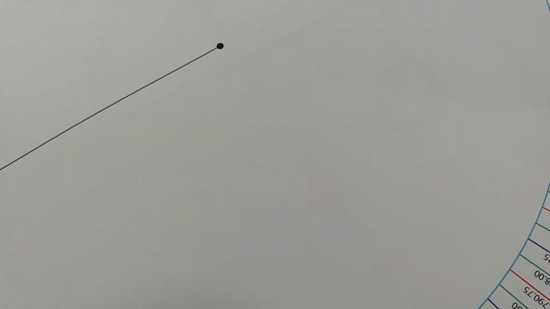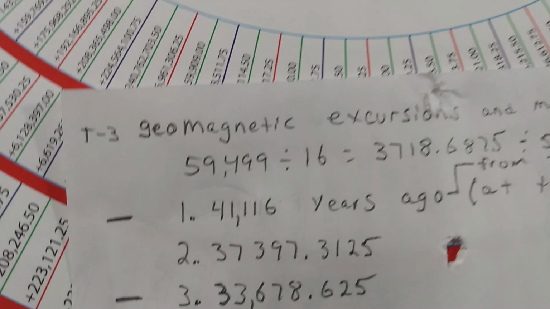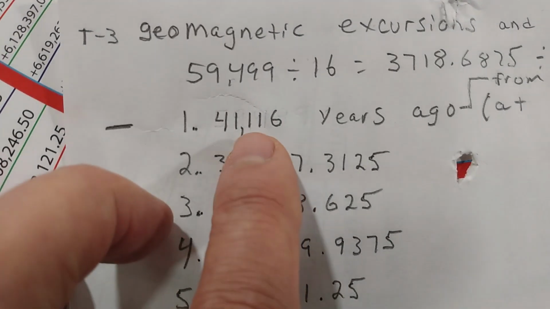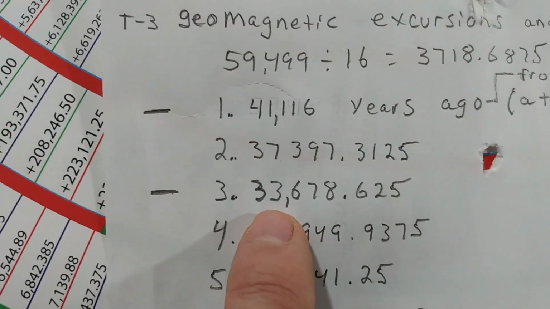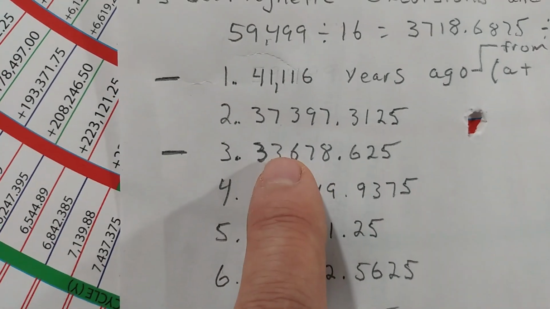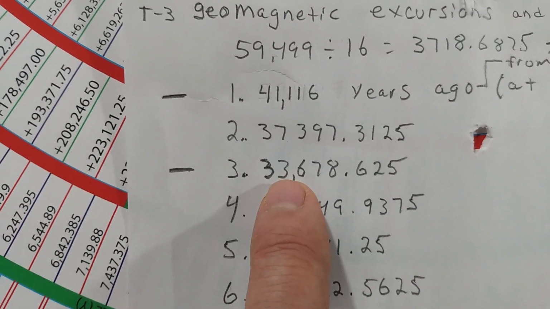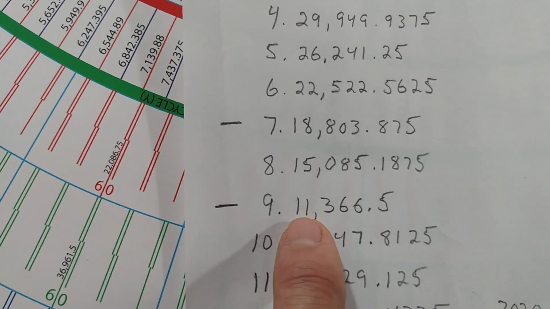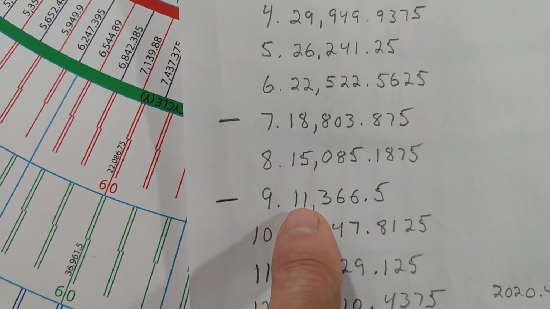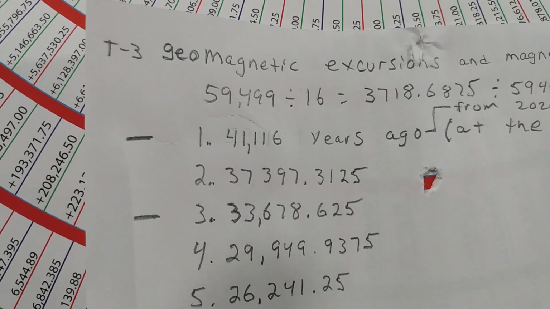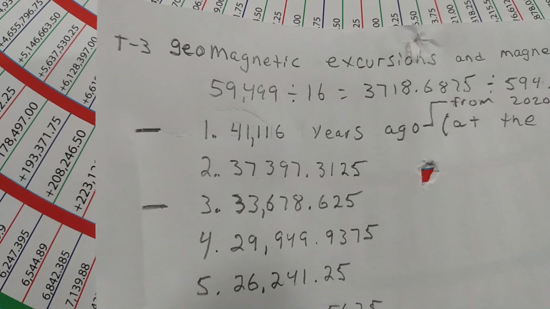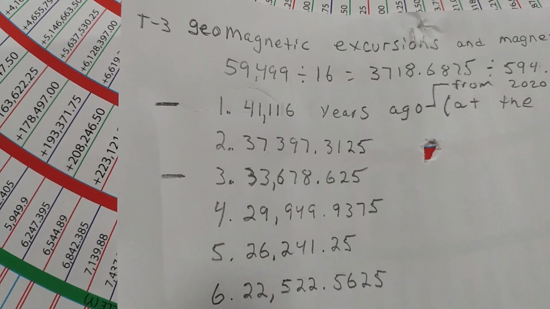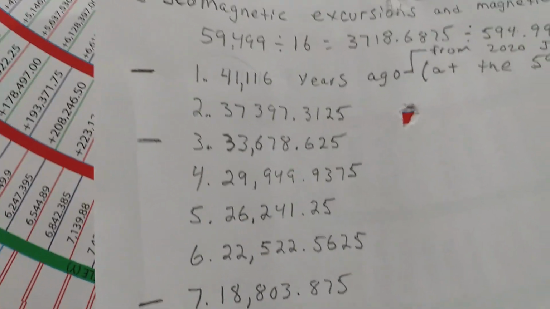41,116 years ago from the 2020 on Earth is the equivalent there. Here are some other notable events where there were magnetic excursions. There's one at 33,000, one at 18,000, and this one is a little bit difficult to find information on, but there was one at 11,000. All these others right here are magnetic excursion events that happen on Triton 3